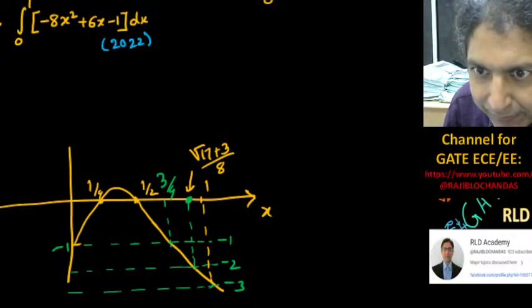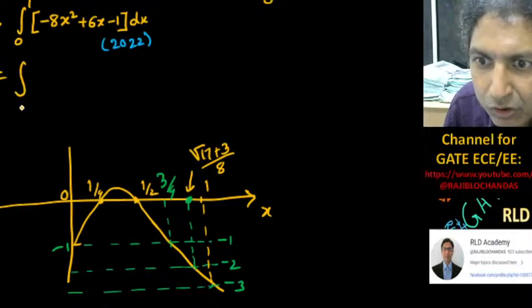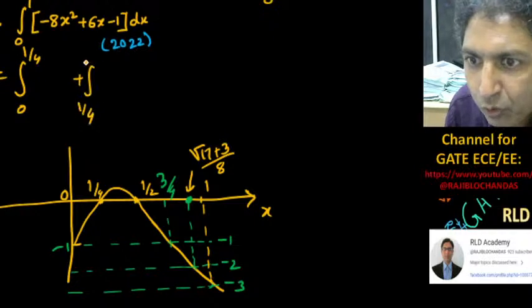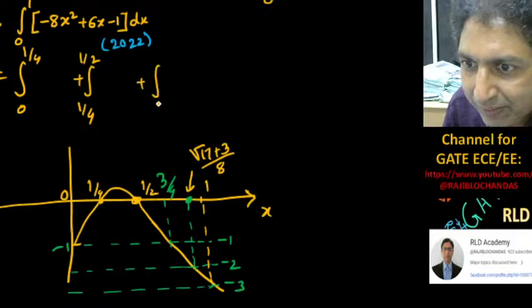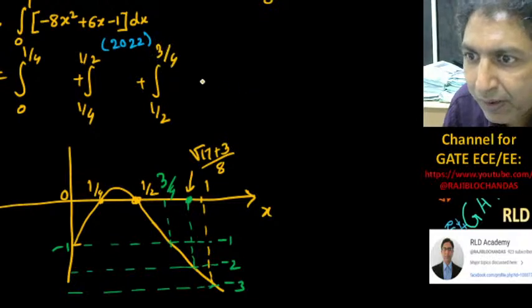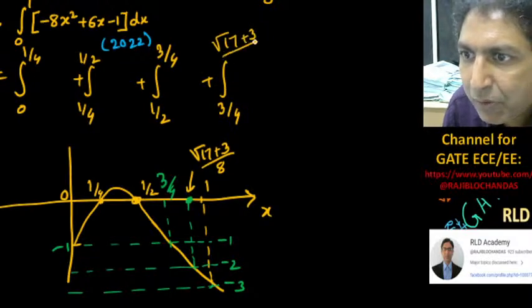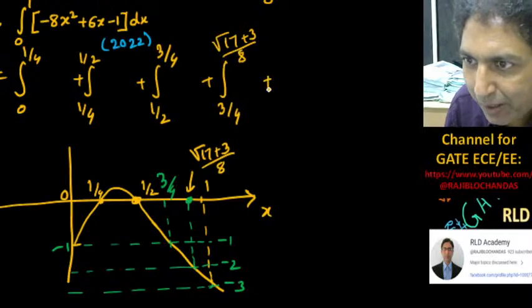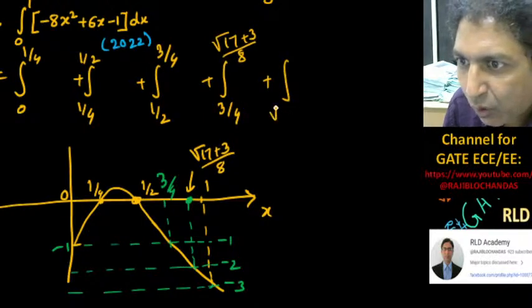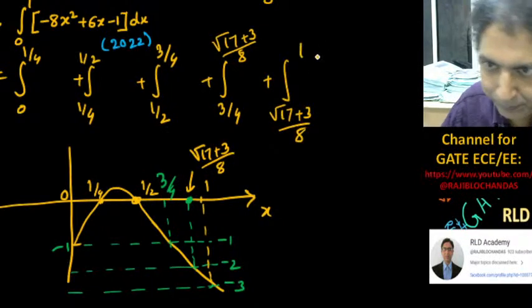So I can break. What is the region? I can consider it is 0. So 0, next one is 1/4 to half. Then plus next section is half to 3/4. Next one is 3/4 to (square root 17 plus 3)/8, plus that one, (square root 17 plus 3)/8 to ultimately 1. Okay,